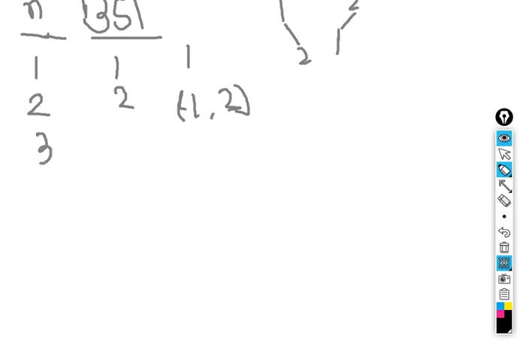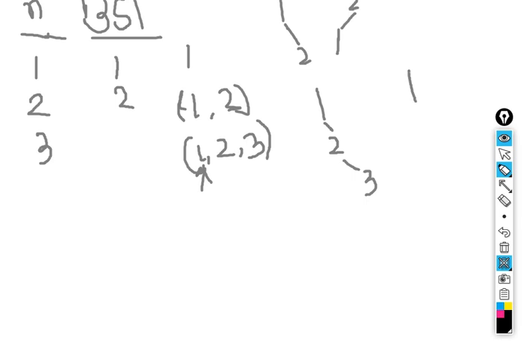Now coming to n equal to 3, I have 1, 2, 3. So how many elements do we have? 3. Now let's start from 1. Let's first take 1 as the root. If I take 1 as the root, I would have 2 and 3, two elements on the right side. How we can arrange these two elements: let's first take 2. If 2 comes in, then 3 would come.